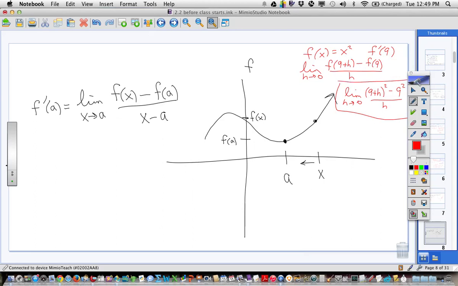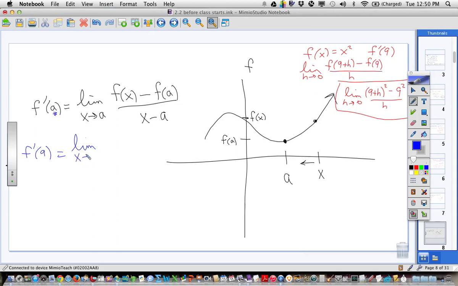And that would have been our limit we would have worked with. And then from there, we would have FOILed it. Nice things would have happened. H's would have canceled out. We'd have plugged a 0 in for h. And we'd have found f prime of 9. Okay? And it would have been some value. All right? Now, in this alternate version, if I want to do f prime of 9, the 9 would go right there, right? The 9 is the a, correct? So what would I have in this alternate version? It'd be the limit